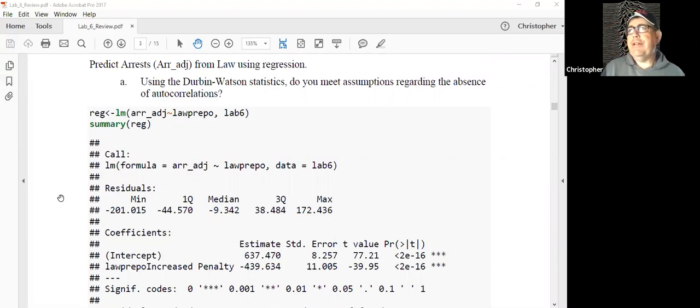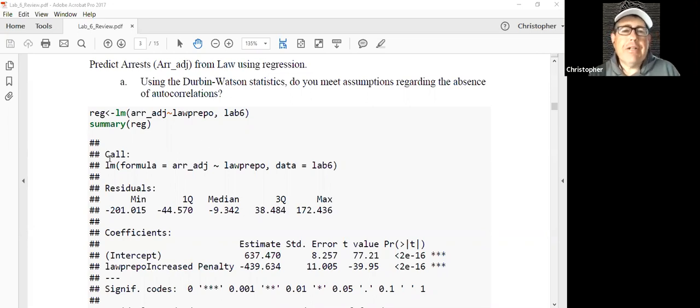Again, the autocorrelation assumption refers to the assumption that what's happening in week 1 is unrelated to what's happening in week 2, or technically, that the residuals for those weeks are not related to each other. Since we're measuring things over time, there generally does tend to be some correlation there. But we want to test that assumption. There's a number of different ways that you'll see people test it. One way is the Durbin-Watson statistic.